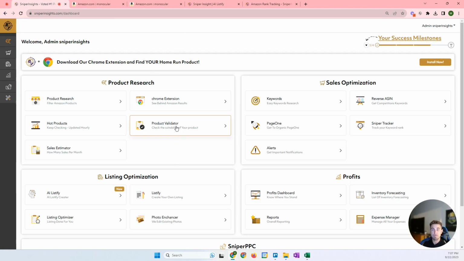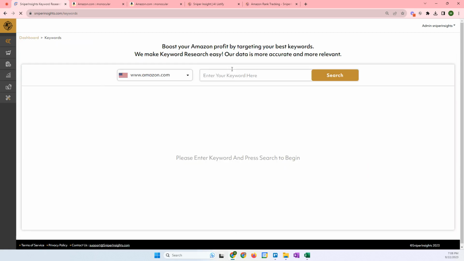There's also a product validator. That's where we actually validate products you find and essentially give our independent analysis, let you know if it's something that is green lit, red lit, with a whole bevy of reasons why. Sales estimator is as simple as estimating the number of units sold for every single ASIN, every single listing on the Amazon catalog. Sales optimization over here, we have keywords you can type in and you will get a whole